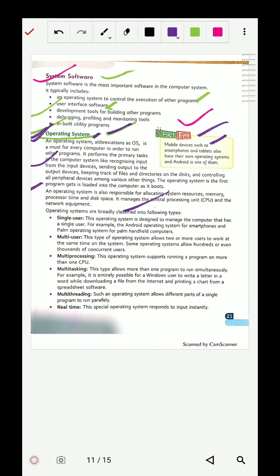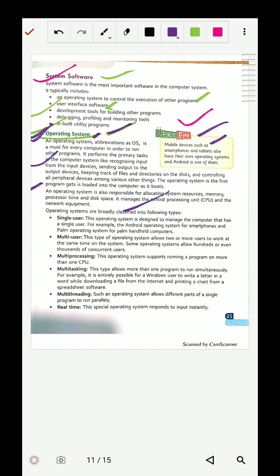There are many versions, different development phases. So you should know Android KitKat, Android Oreo, Android Nougat, Android 10, Android Pie. All of these are different versions of Android.